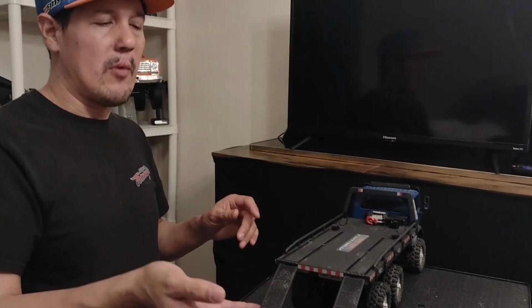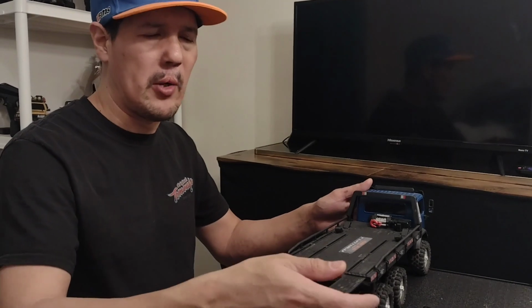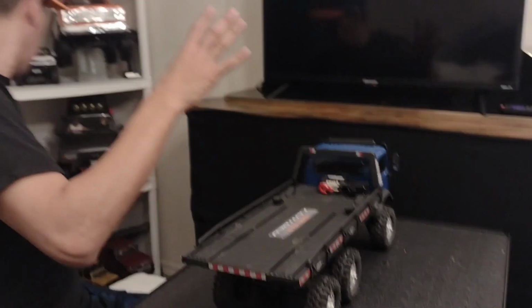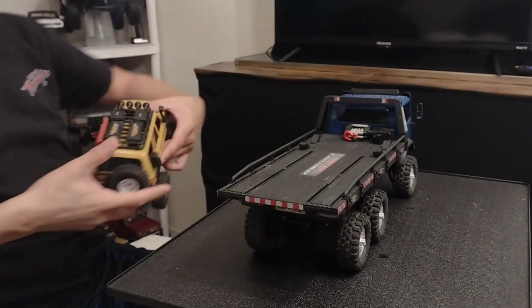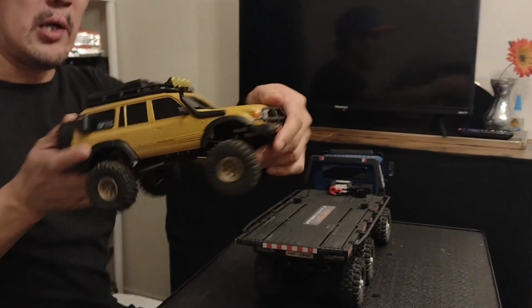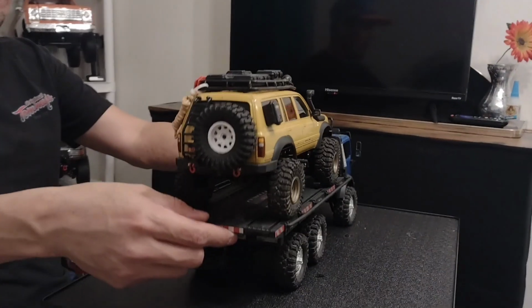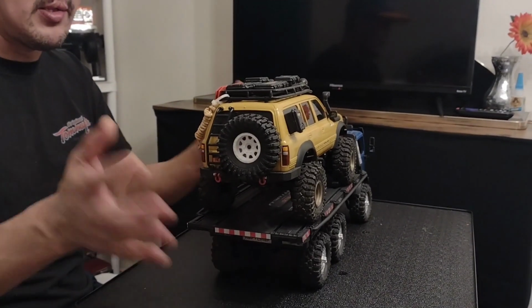As far as scale goes, this is a 1/18 scale, like a lot of my other rigs, except for the Camo Trophies, and those are 1/24 scale. The cool thing about this is that when you add, let's say, an LCA here, you can open these up to the sides, because this has a wider wheelbase, so you can actually put it on top. The shocks are pretty good. It holds up pretty well. This is pretty large for this bed. It looks good,